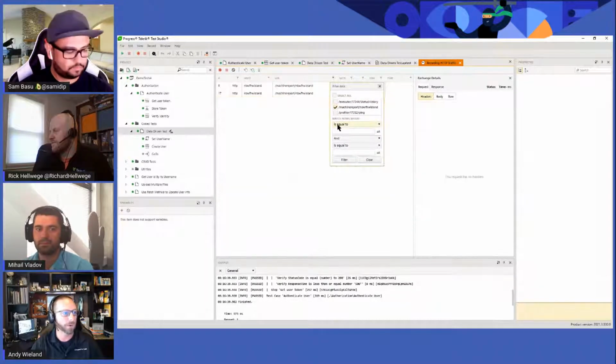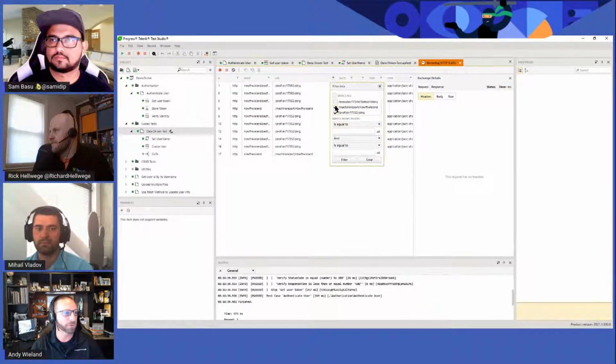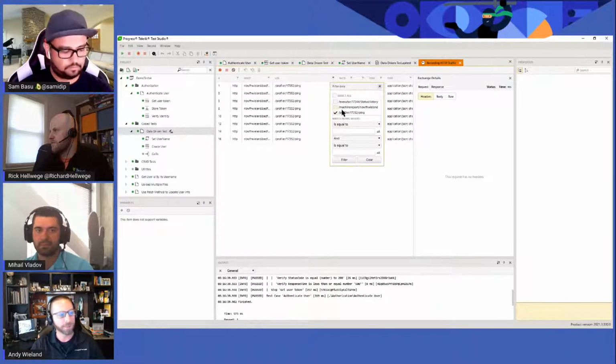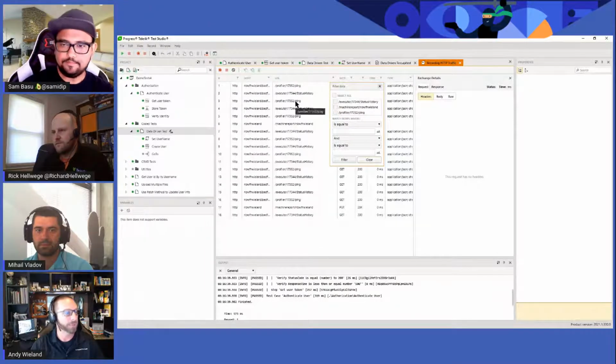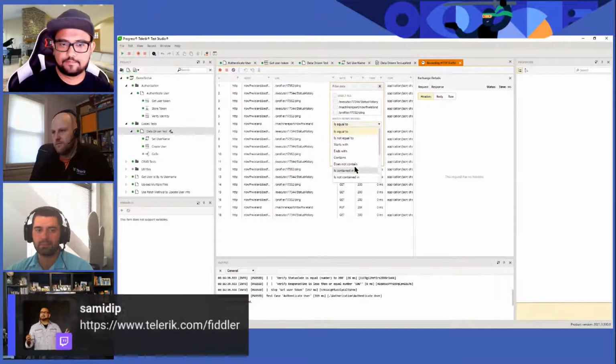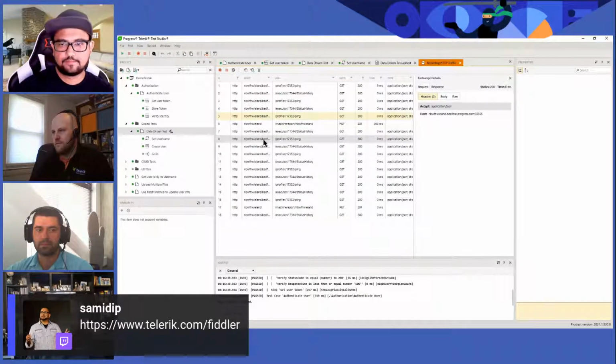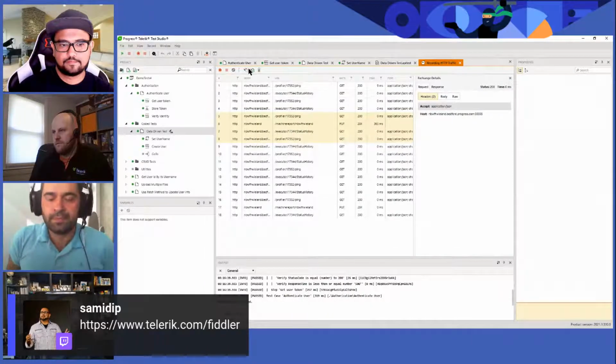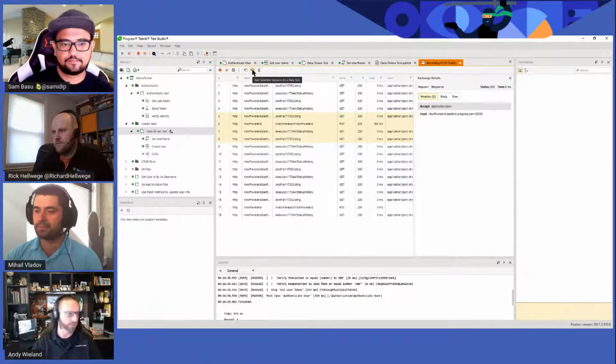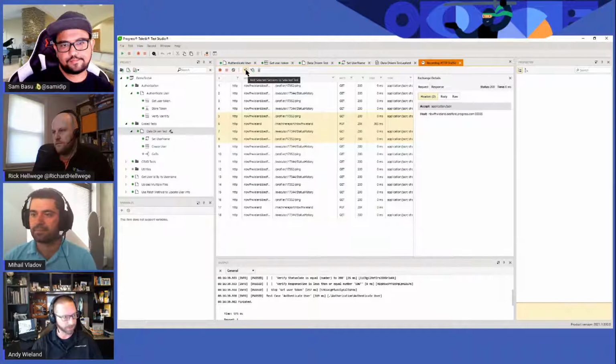But just to show you a couple things here on the recording part, you do have some column level filters. So if I wanted to trim this down to a particular API or a particular URL, or use any kind of operators as well to trim the traffic, I can make some selections here using that multi-select, and then I can take those and add them to a new test or to an existing test.